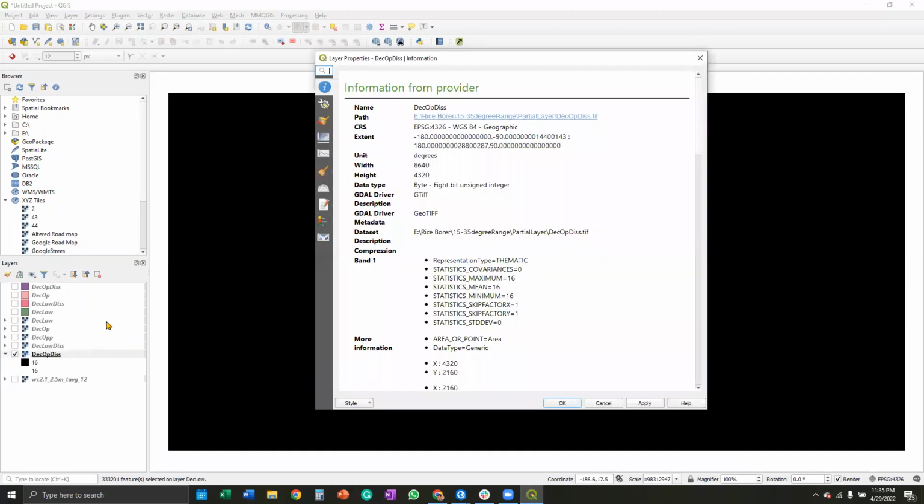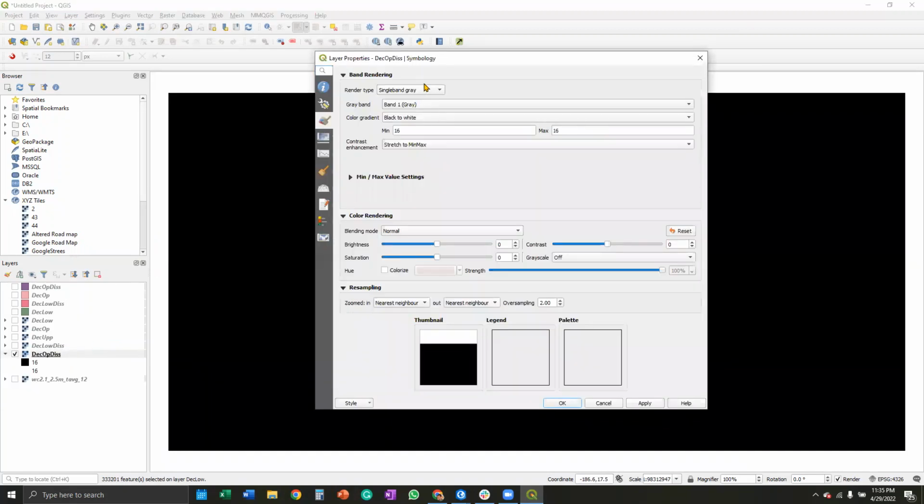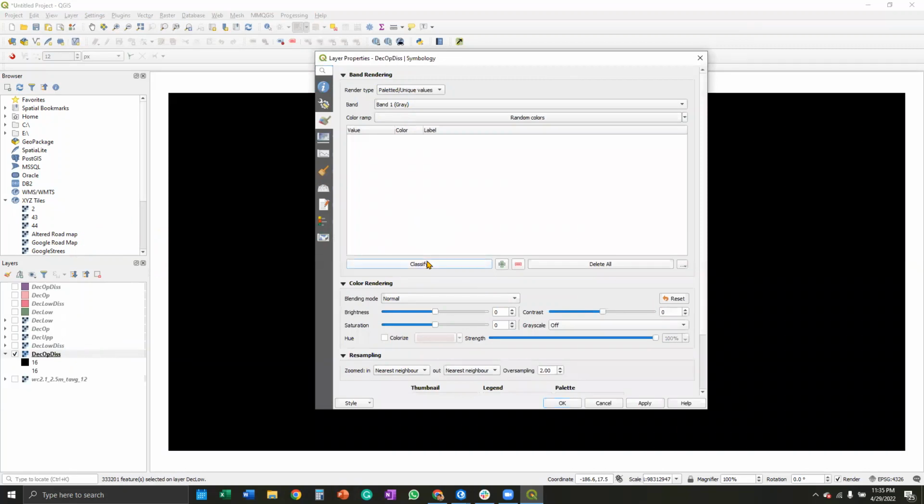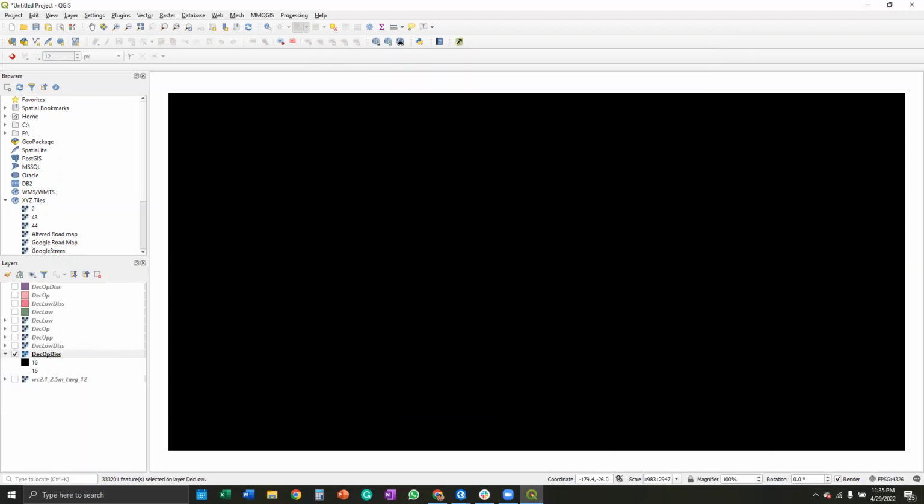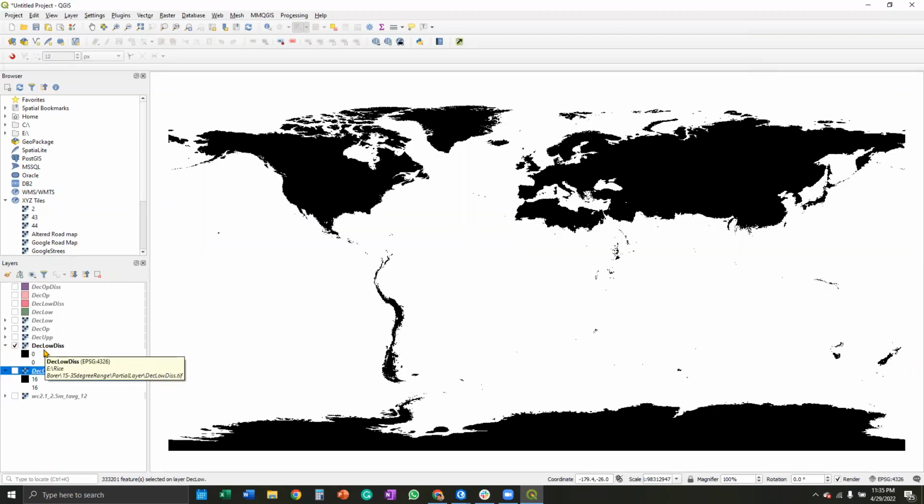A possibility is to look into the properties and the symbology and change that into this setting and see if there is a possible coloration mismatch, which in this case is not the case. Otherwise, there would be two layers. It would be like black and white, but there was just one. So what we have to do now in this case is that we're going to export these TIFF files. We're going to transform them into ASC files. And the ASC files can then be viewed